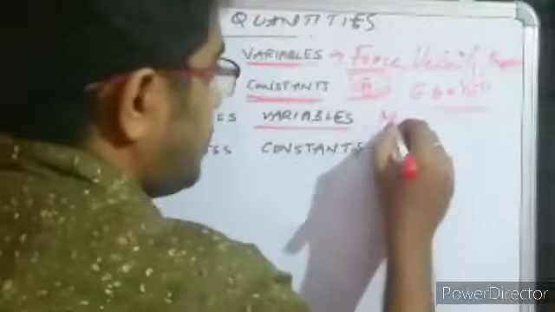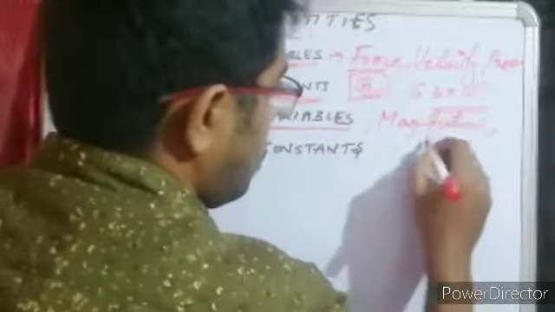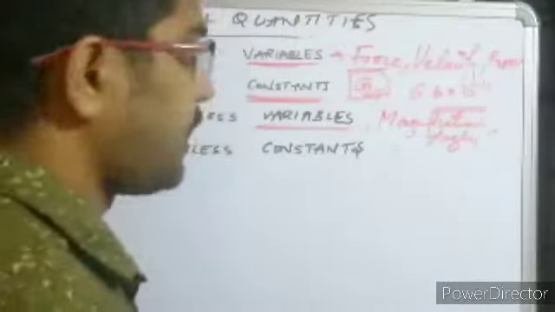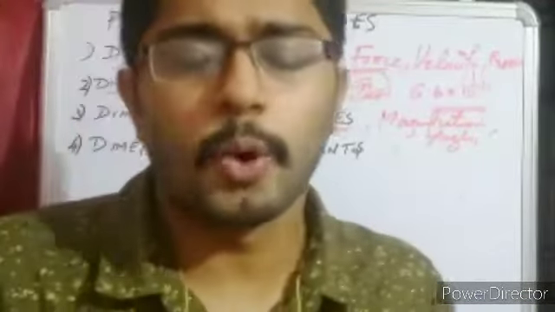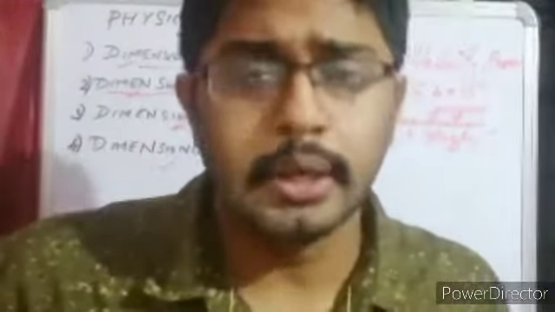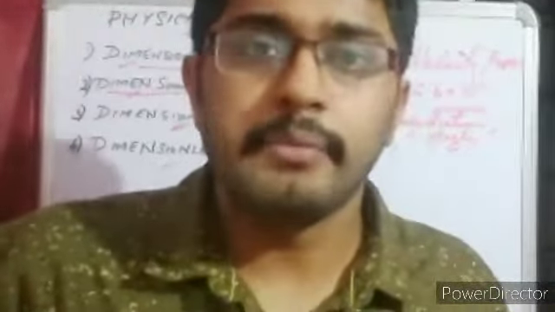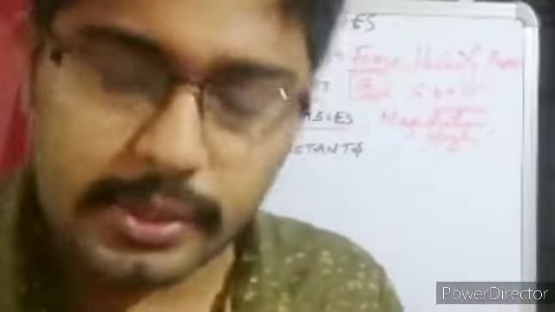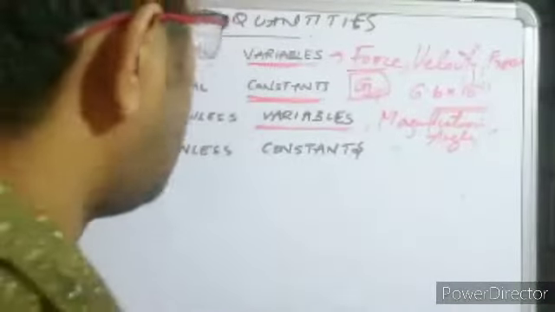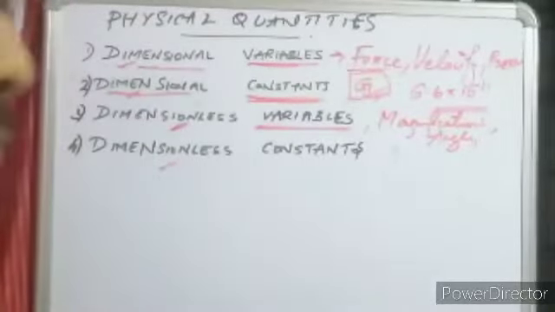Magnification, angle, then your strain. You might have seen in the equation provided, strain is equal to the change in length divided by the original length. Again, both having the same dimensional formula, they will get cancelled, and finally that is a dimensionless quantity. But they do have a value which is variable. So you put it under the category of dimensionless variables.